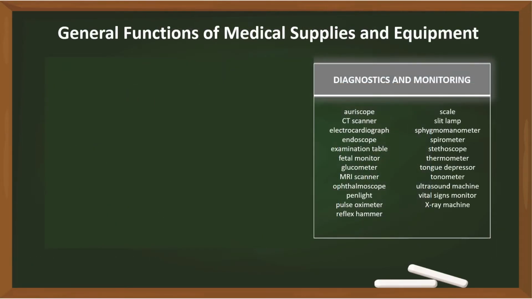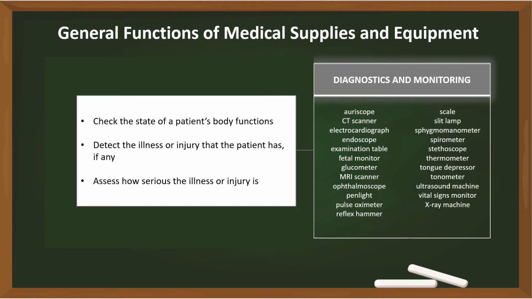Medical supplies and equipment can also be used for diagnostics and monitoring. That is, they are designed to check the state of a patient's body functions. By doing so, they are able to detect any illness or injury that the patient has and assess how serious the condition is. Examples of diagnostic and monitoring supplies and equipment are